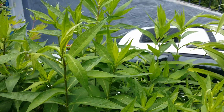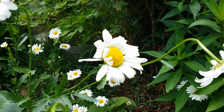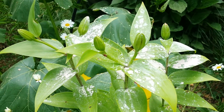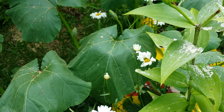This is my tall phlox that needs to be divided, and some of my daisies again. Look at that, guys. And this is also the first year blooming of this. Eventually it's going to become a tree lily. And the big leaves behind are